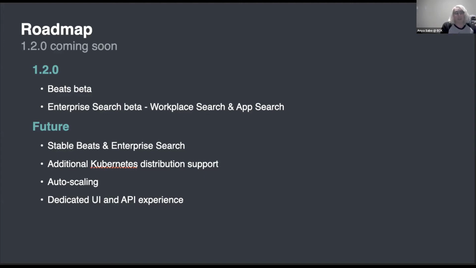It will release Beats, so you can create, like I was showing in the slides before, how you can use Filebeat and Metricbeat to monitor all of your Kubernetes pods' logs, and how you can monitor your Kubernetes nodes' metrics and your applications' metrics. This gives you a much easier way to actually deploy all that and hook everything together. So it'll be a similar experience to what I just showed you, where you can just copy and paste a few lines of YAML, and you'll automatically have Beats deployed and monitoring your Kubernetes cluster.